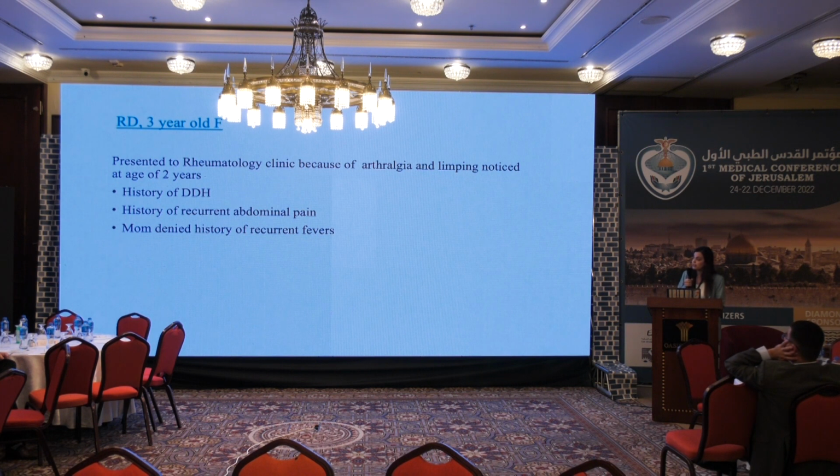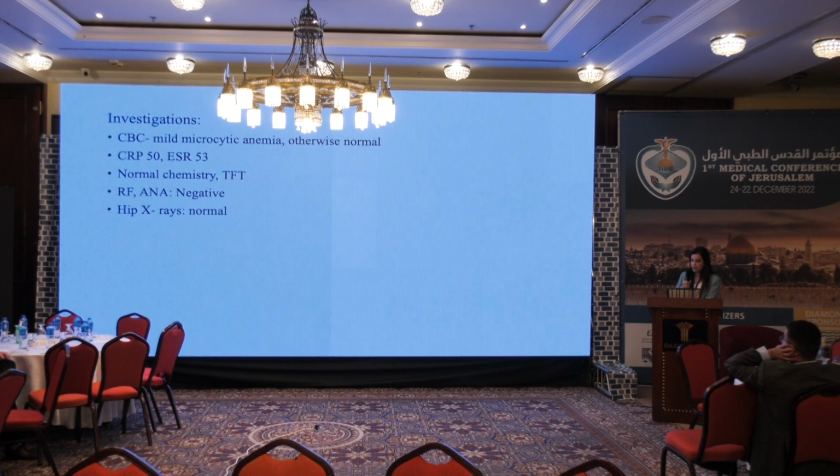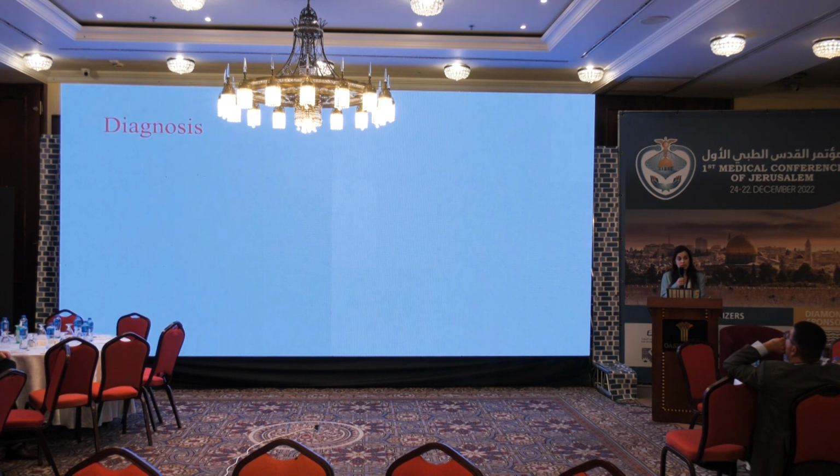She had a history of DDH, and the mom mentioned history of recurrent abdominal pain, but she denied history of recurrent fevers. Her investigations during one of these attacks showed mild microcytic anemia, high inflammatory markers. She had a normal chemistry, including normal muscle enzymes, normal thyroid function test, negative serology, and a normal hip X-ray. So because of the periodicity of the disease, FMF genetic testing was sent, and she was found to be homozygous for the M694V mutation. And this is a frequent presentation for this mutation in this age group